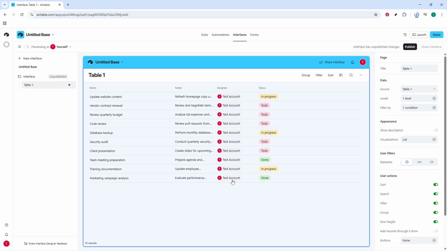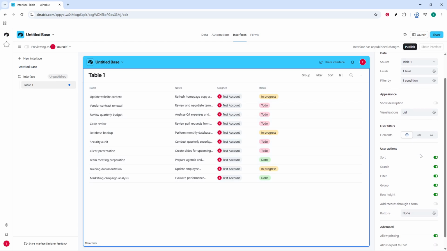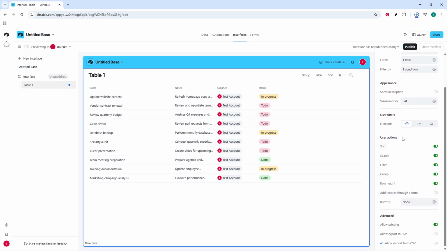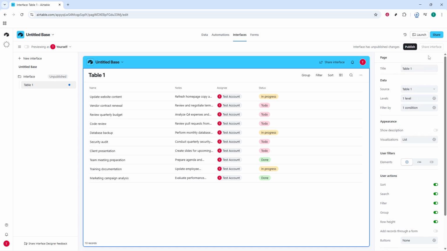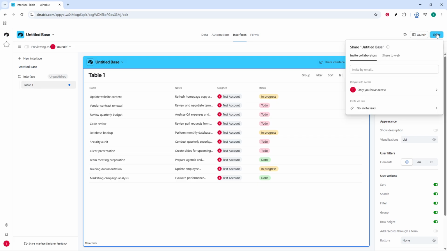Also, if your setup uses groups or multiple collaborators, make sure the field you choose actually reflects the person who should see the record. Once the filtering is in place, you'll share the interface in a way that doesn't expose your base. Click Share in the top right of the interface. Invite the people who need access by entering their email addresses and choose the appropriate permission level. Interface only editor if they need to make changes within the interface,